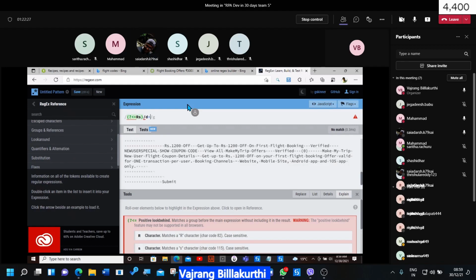Just add a star. That should be fine. And then add a look after. So this is look before. Question mark, less than, equal to RS is the look before. So before the required text, we are actually looking for rs. Okay, then add a look after.